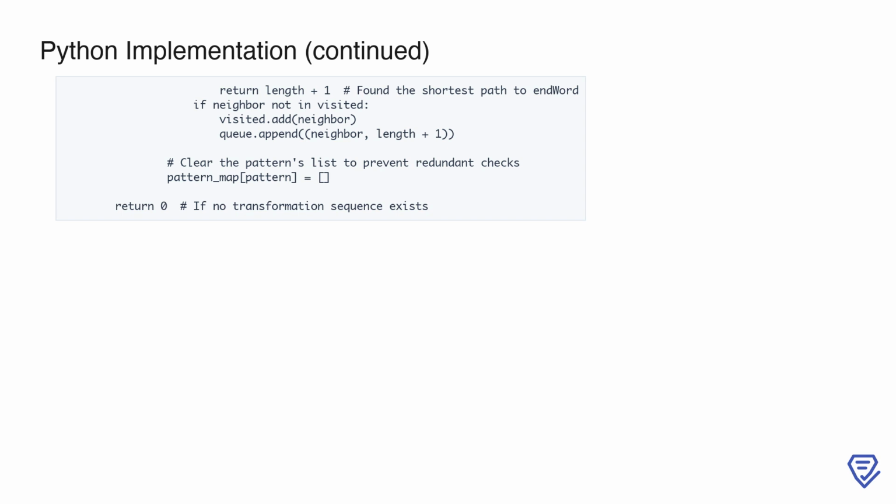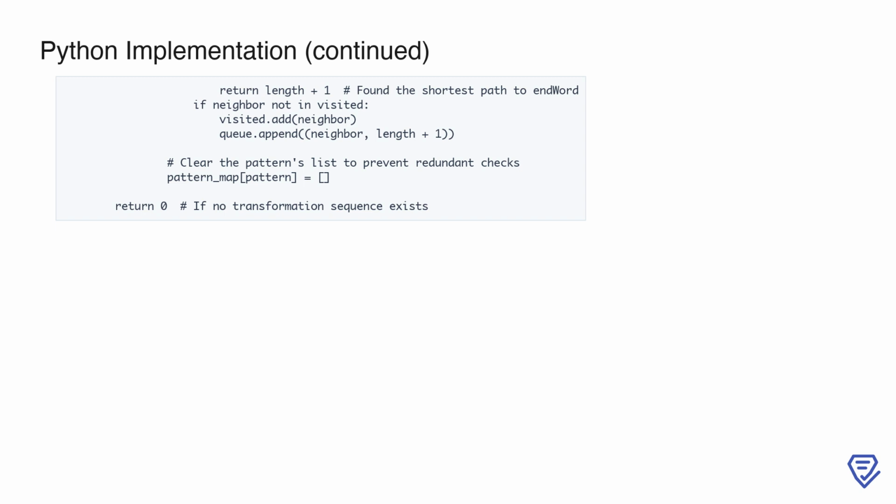If one of these neighbors matches the end word, we immediately return the current transformation length plus 1, as we've found the shortest path. If a neighbor isn't the end word and hasn't been visited yet, we mark it as visited and add it to the queue with an incremented transformation length. To optimize further, we clear the list of neighbors for the current pattern in the pattern_map after processing it. This prevents redundant checks for the same pattern in subsequent iterations. Finally, if the queue is exhausted without finding the end word, we return 0, indicating there is no valid transformation